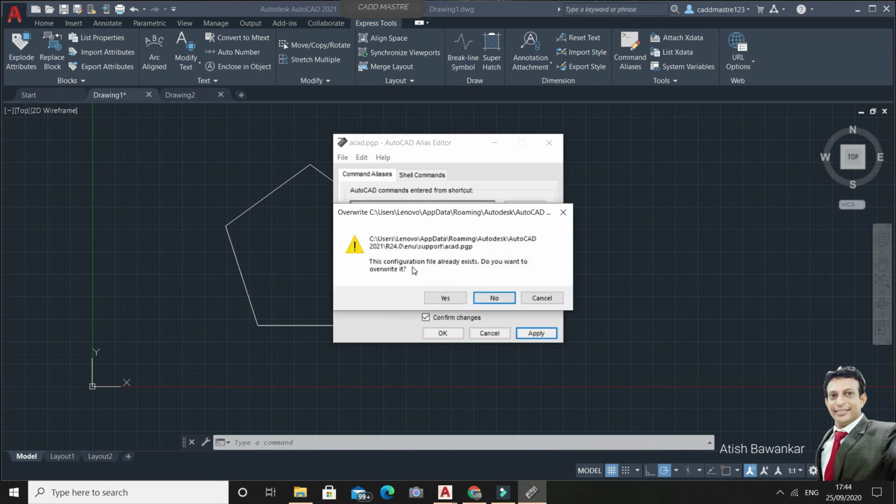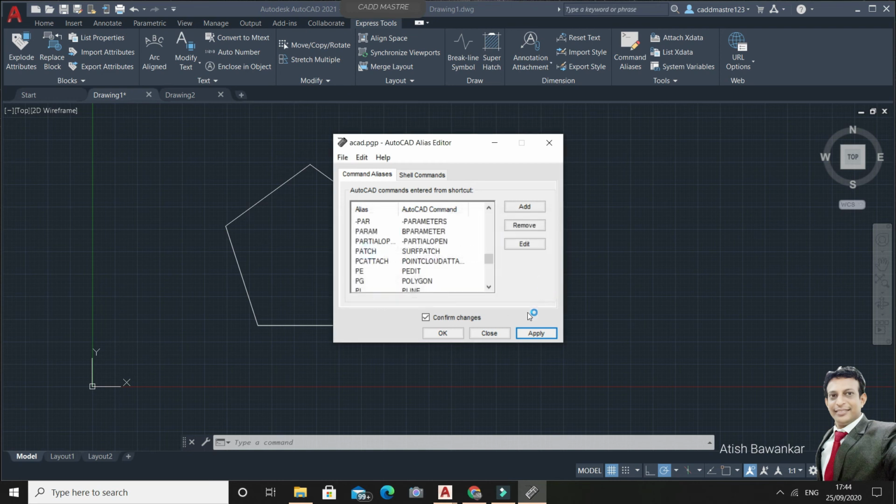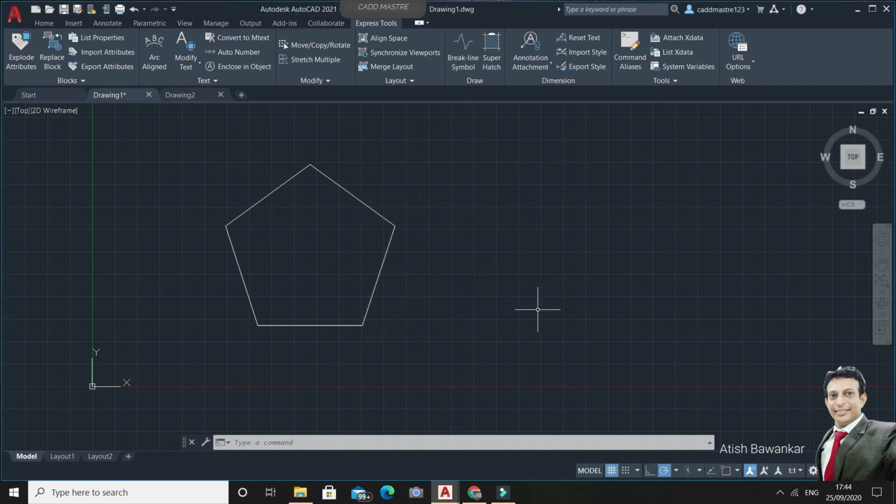It will ask: this configuration file already exists, do you want to overwrite? Say Yes. Again it will say your AutoCAD aliases have been saved and the current AutoCAD session has been updated. Say OK. And say OK again. Say OK. Now if you type PG,